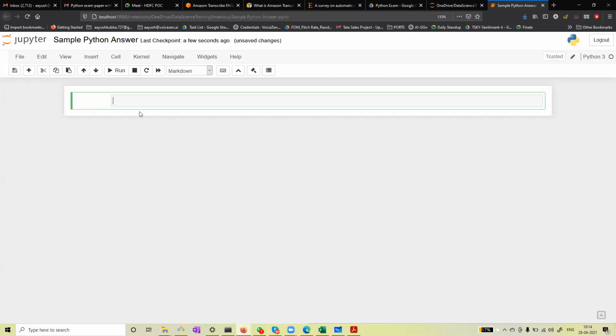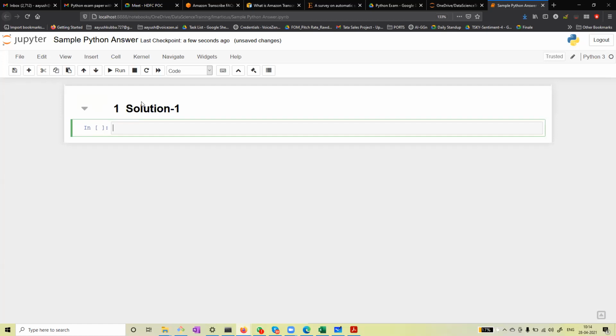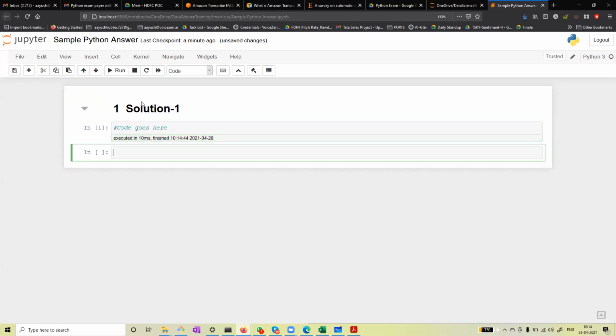Okay, so here you have to write solution number 1 as a markdown. Okay, and then start writing code here. Okay, then again you have to create a markdown for second thing, which is, let's say, solution number 2.